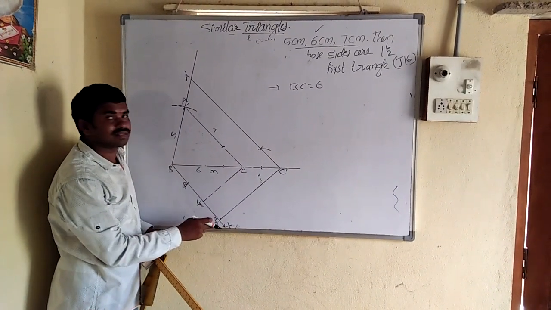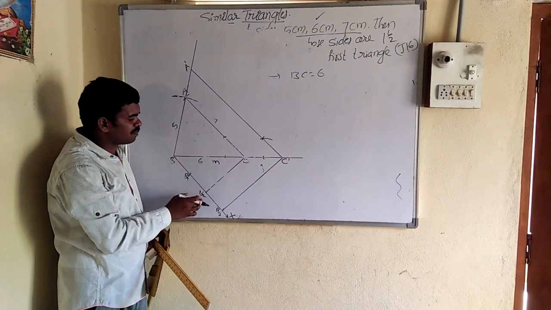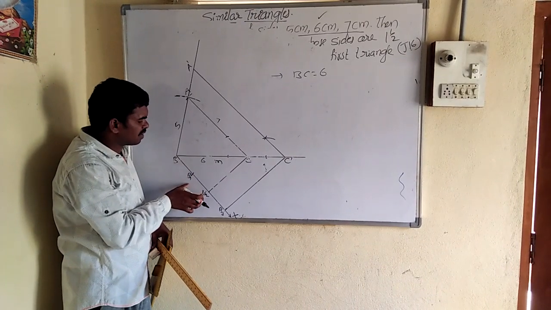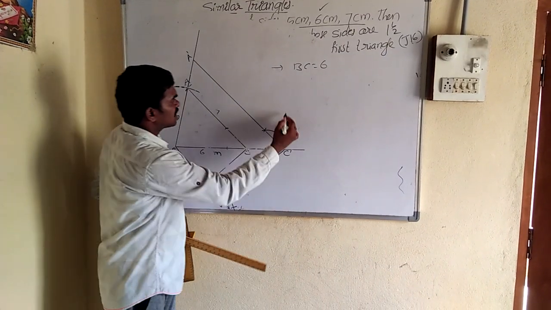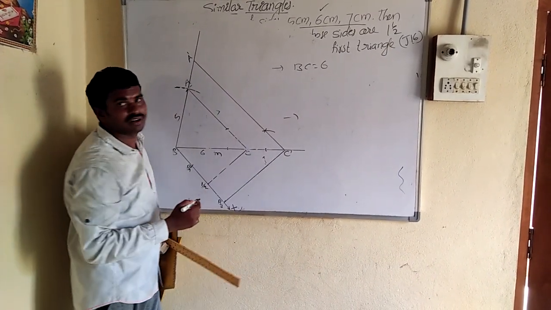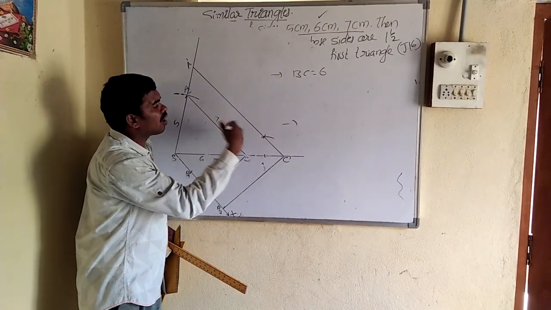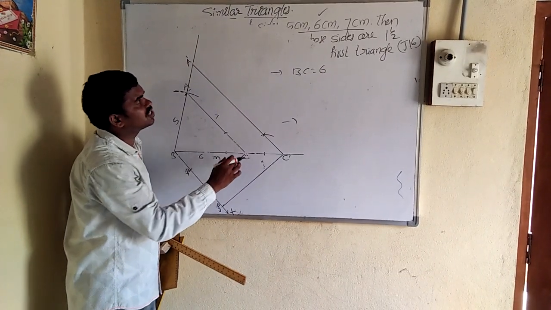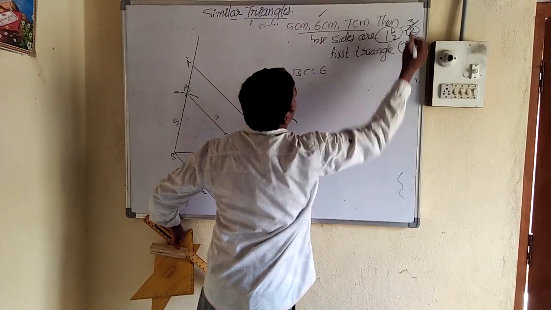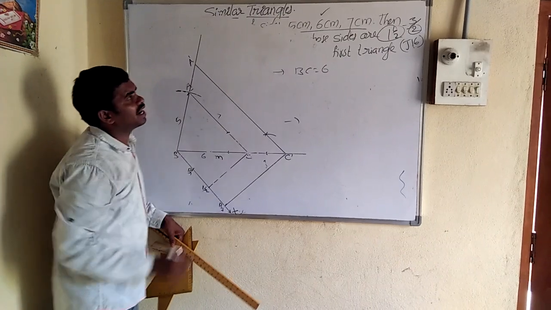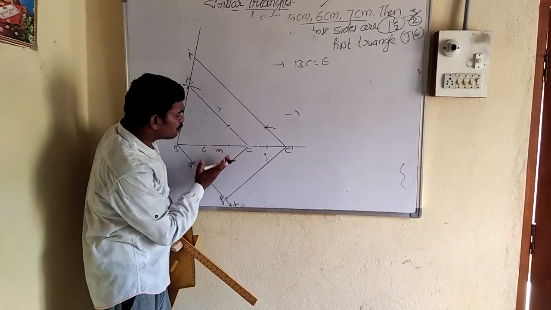Next, on BX, plot the points B1, B2, B3 such that B B1 equals B1 B2 equals B2 B3. Okay, and the next point, what is the next point? Join B3 to C. Now we have to get a triangle larger than the previous triangle. So our new triangle will be larger than the given triangle. So B3 to C is joined. 1.5 means what? 2 plus 1, 3 by 2. So okay, 2 is there. B3 to C joined.